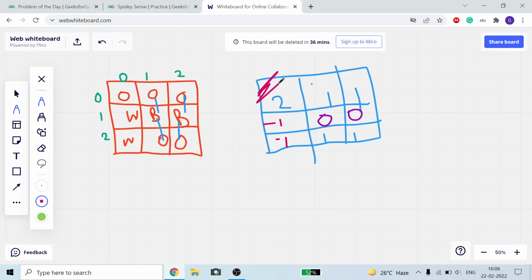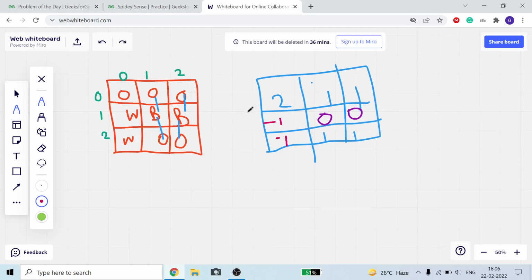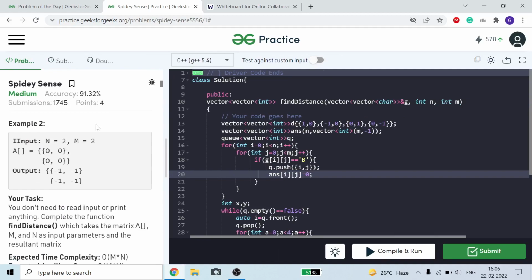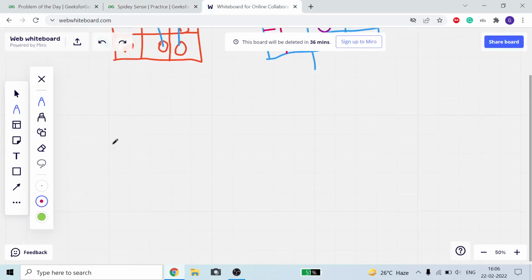Okay, this one. Now how will we build it? First of all, you can see here that for each O we don't have any W. But suppose we have an example like this: it's all O, W, W, W and B, and B is equal to 0.